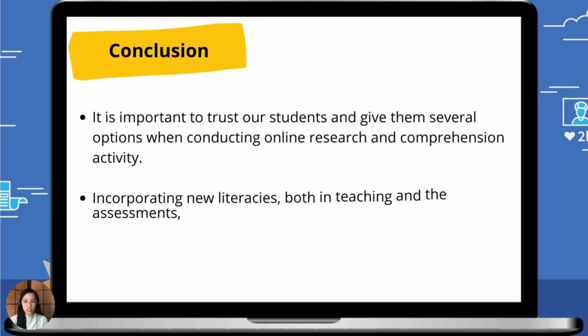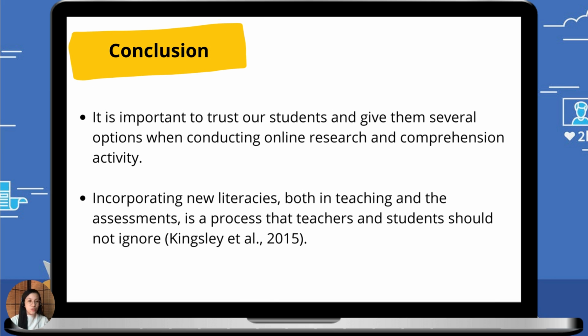And fifth one, it is important to trust our students and give them several options when conducting online research and comprehension activity. And lastly, more importantly, the researcher concludes that the new literacy skills and strategies could not be integrated all at